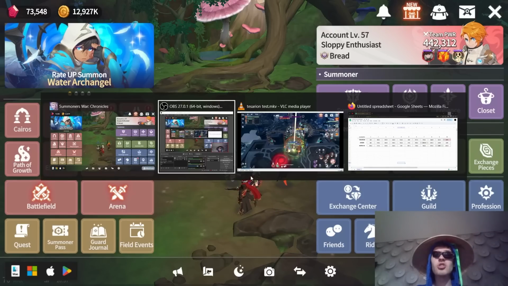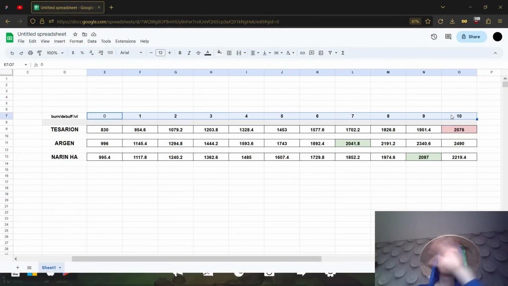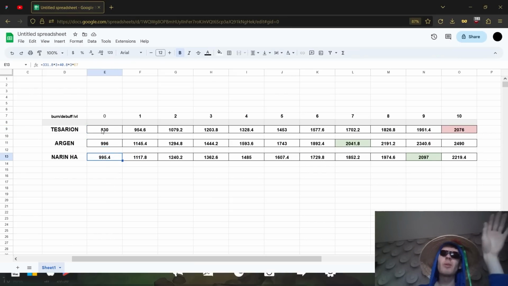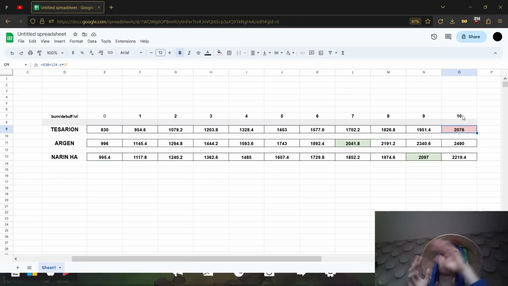And I'll give you a chart right here. What you see right here is the amount of either debuffs or burn level for TESARION. If you look at the scaling of the skill, these are the base scalings. Basically, if there are no harmful effects, no burns, these are the scalings of the skills. TESARION is the lower one on the baseline, and Argen and Narin-Ha are close to 1000. However, when you check the scalings with the burn effect, you'll notice that at level 10, TESARION gets close to